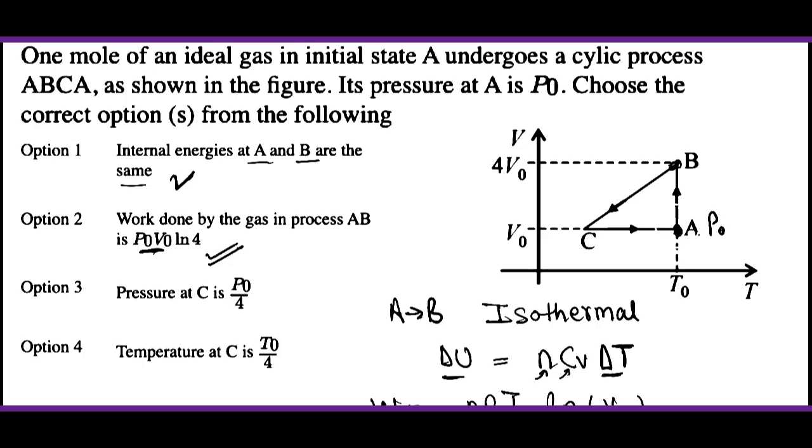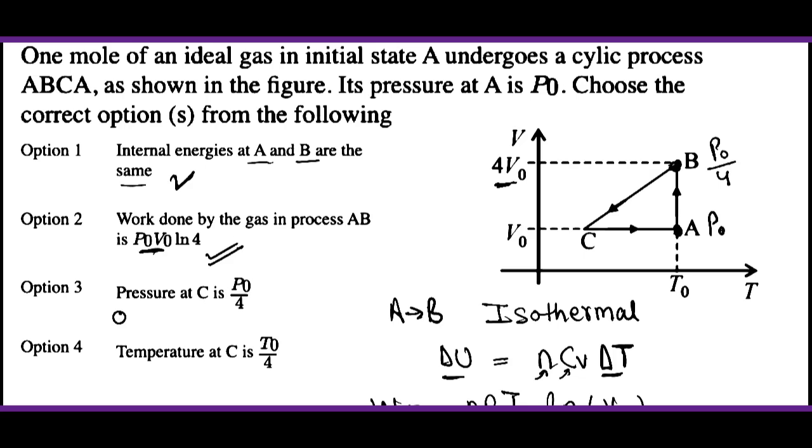समझ गए। देखो यहाँ पे प्रेशर हमें दे रखा है P₀, अब समझो कैसे कांस्टेंट होगा, क्योंकि यहाँ अगर यहाँ से यहाँ जा रहे हैं तो वॉल्यूम 4 टाइम्स हो रहा है ना, मतलब प्रेशर P₀/4 हो जाएगा, ठीक है। तो इन दोनों का प्रोडक्ट जो है मतलब वॉल्यूम और प्रेशर का, तो ये 4 से 4 कैंसिल हो जाएगा, P₀V₀ ही रहेगा, समझ गए। तो प्रेशर एट B क्या हो जाएगा, P₀/4, ये ध्यान रखना। और हमारा वर्क डन P₀V₀ ln 4 आ जाएगा।